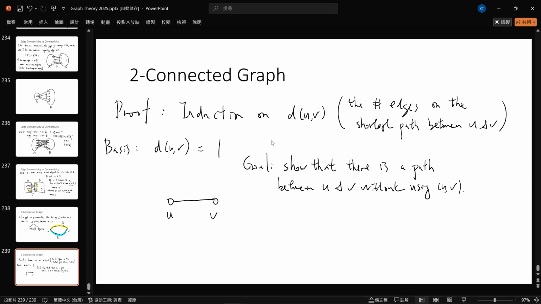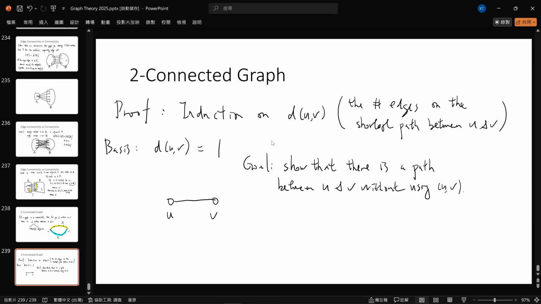OK，所以有人可以看出来为什么一定可以有另外一个 path 吗？当然，我们这边的假设就是它是 two connected graph，所以铁定你会需要用到 two connected graph 这个性质。所以有谁可以看出来为什么 U 跟 V 它一定有另外一个 path 连接，然后这个 path 不会用到 UV 这个边。